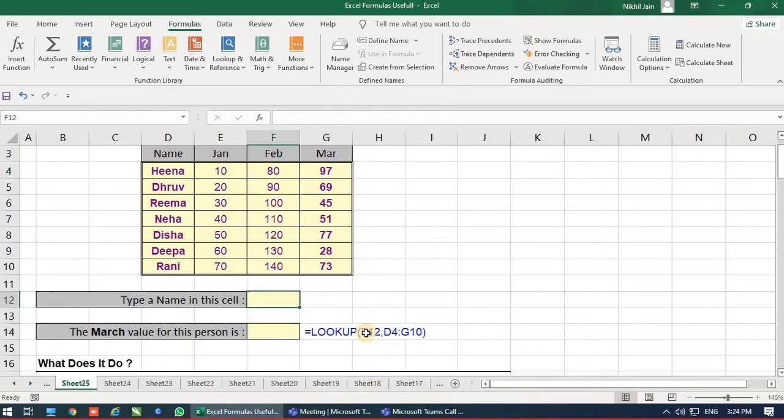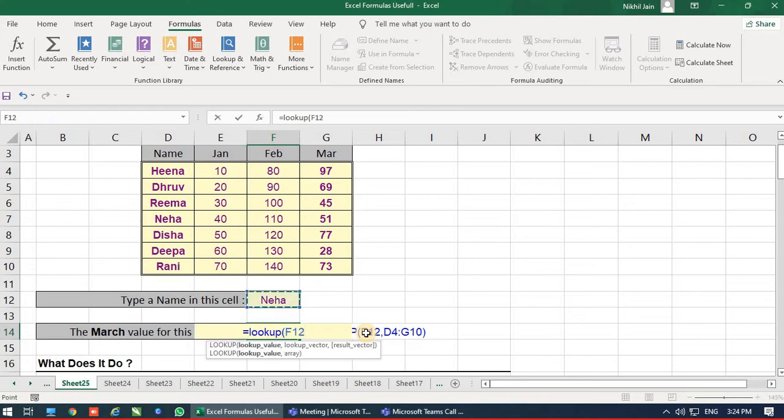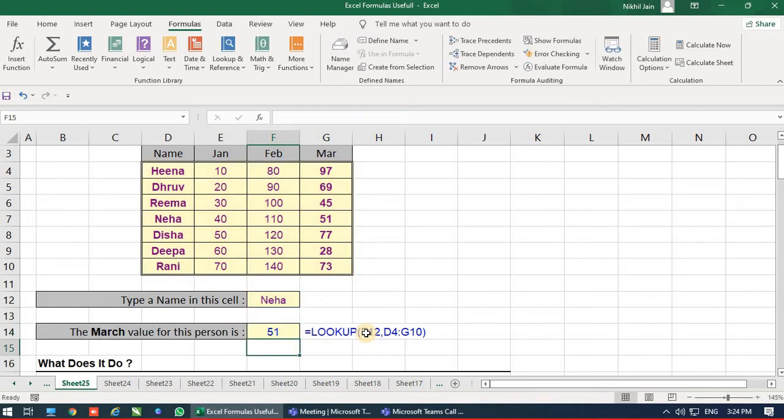The first is the criteria which I am searching, and the last one has the answer. No need to hurry, we just put the name over here, like Neha. Equals LOOKUP bracket open. What are you looking for? Neha. Where are you looking? From D4 to G10, bracket close, enter. So 51 is the answer. What about Hina?